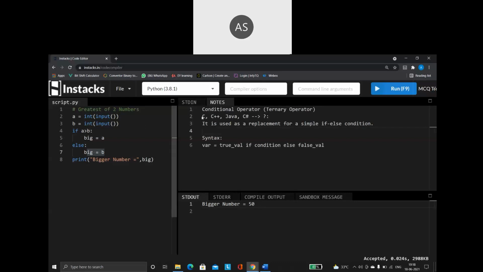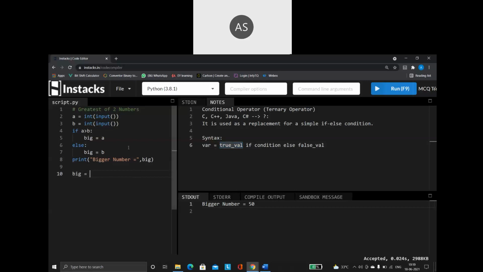For simplifying this, I will go for my conditional operator. Understand the syntax of the conditional operator. Here I already have a variable, so big is equal to. First mention the variable name equals to. First, what do you have to give? If the condition is true, what needs to be done? That is what you mention first here. So the true value means, if the condition you are going to give is true, what needs to be done is given here first.